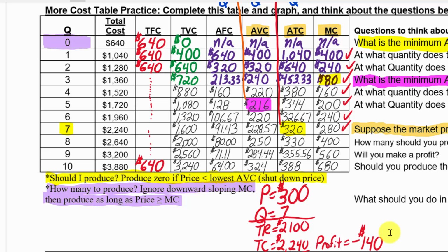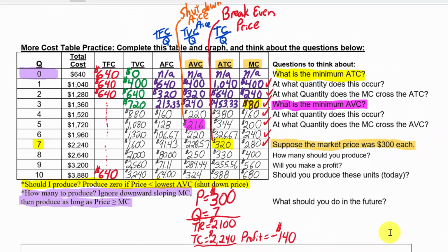Now, we're not going to do this forever, though, right? All we're talking about right now is today, what is our best choice? Well, today, come into work, produce the 7 units, and lose $140. But we're not going to sit around and do this forever. If we think nothing's going to change, if we don't think the price is going to go up, or if we don't think there's anything we can do to lower our costs, then in the future,